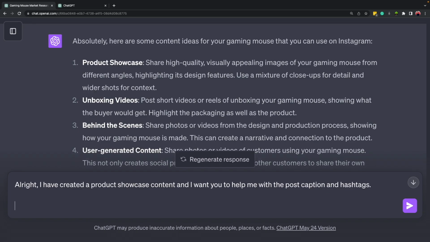You can provide more information on how you want your caption to be. For example, do you want to provide more information about your product, or do you want to encourage people to engage with the post, or do you want to push them to click on the bio link and visit your product page? Okay, so based on that, you can provide more information. You can say, I want my caption,